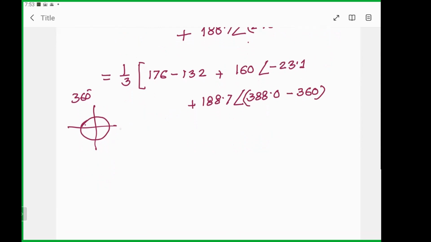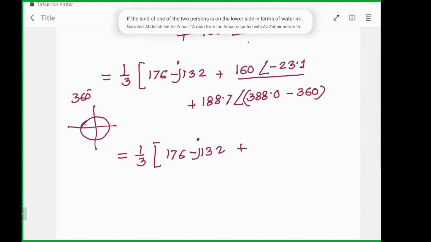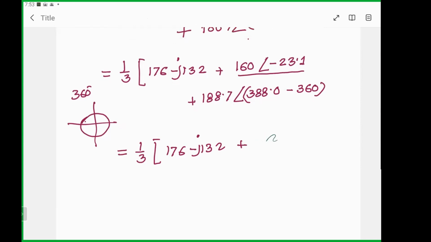So I will have 1/3 and then 176 minus 132J. I missed J here. And then I have to convert this one again into rectangular form. Can somebody help me? I need to check the manual. I haven't got